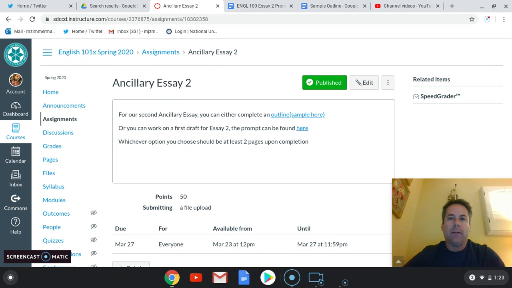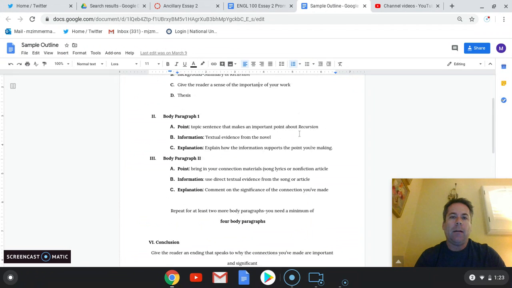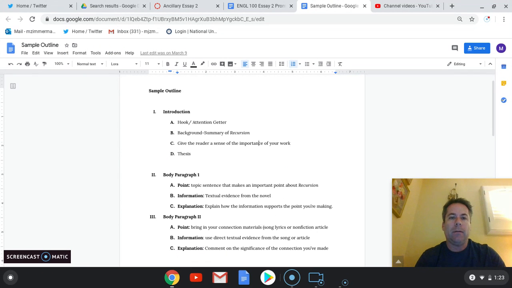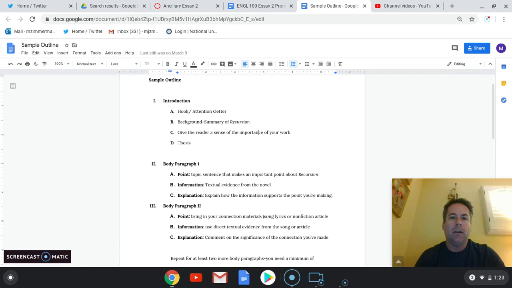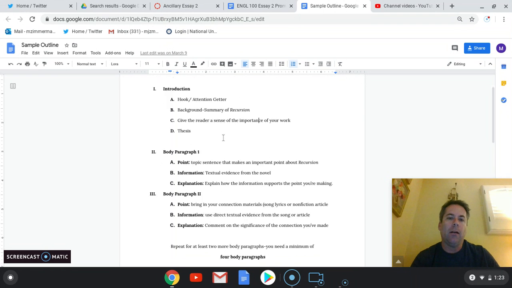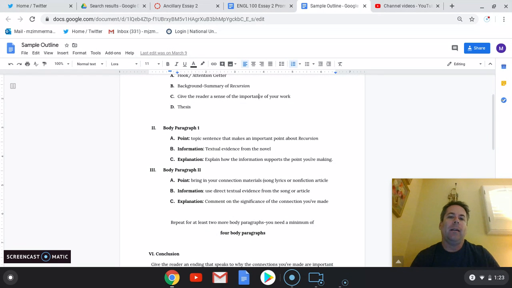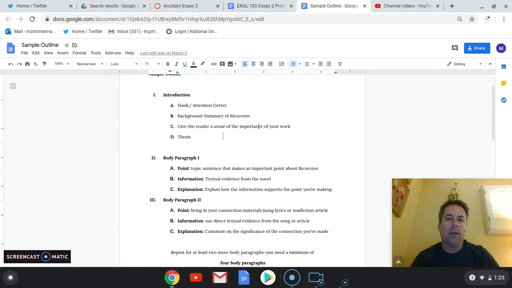So if you remember, if you were there last time, we talked about the outline. The outline looks like this, and there's a link to it in the assignment prompt. But it's basically detailing what you plan to do in each separate part of the essay, right? So you have your introduction here with a hook, attention getter, background, which would be a summary of recursion.